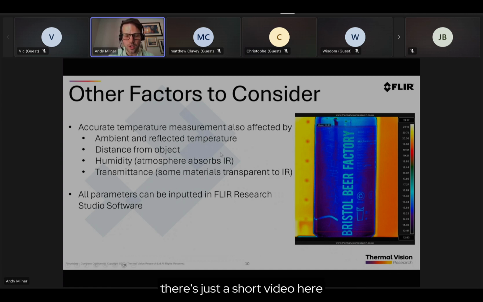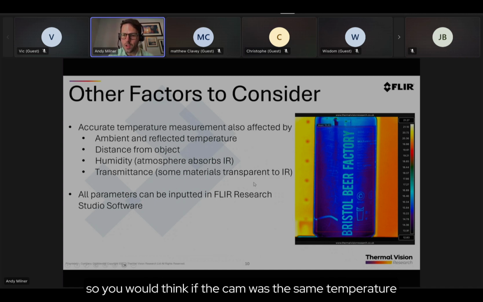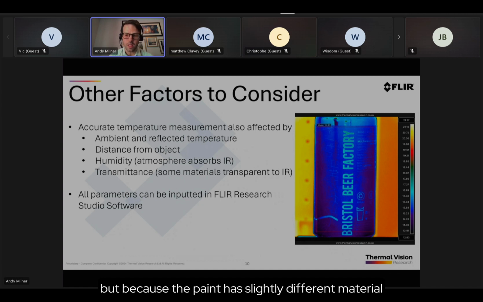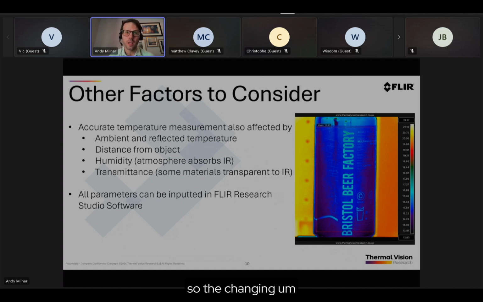There's just a short video here just showing a few examples. So this is a can of beer round about room temperature. So you would think if the can was the same temperature, you wouldn't be able to see the writing. But because the paint has slightly different material properties where the text is to what the image is behind, we can still see this difference of temperature. So the change in surface properties is a function of temperature as well. Effectively it is a function of infrared radiation energy,